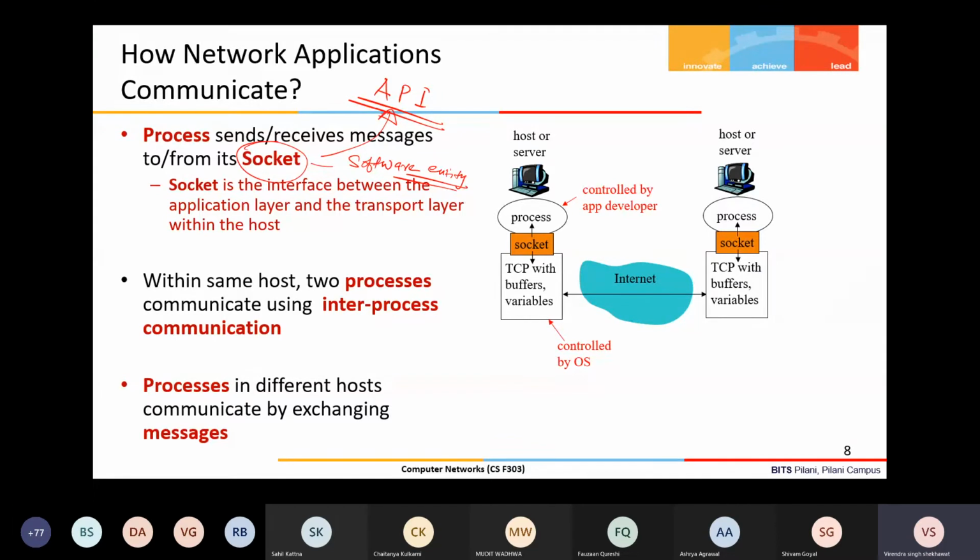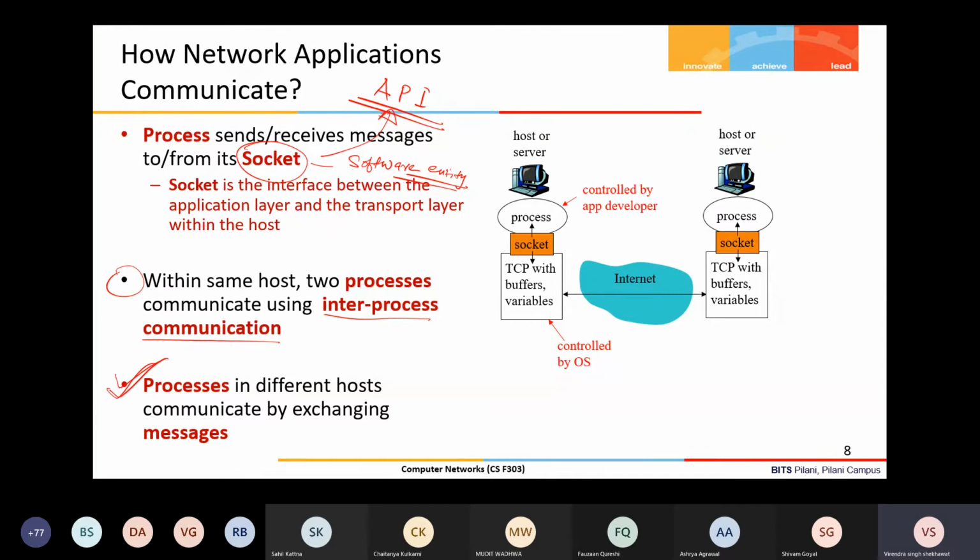Now within the same machine, multiple applications can run, and corresponding to each application a process is running, and these two processes can also communicate. You might have learned in an operating system course how inter-process communication happens. In the same host they also communicate. But we are not interested right now in how inter-process communication happens, shared memory or message passing or whatever. In this course, we are interested not in process communication within the same host, but in process communication across multiple machines over the network. So our focus will be here.